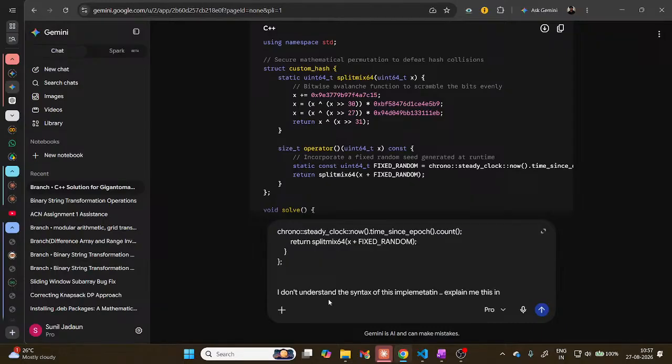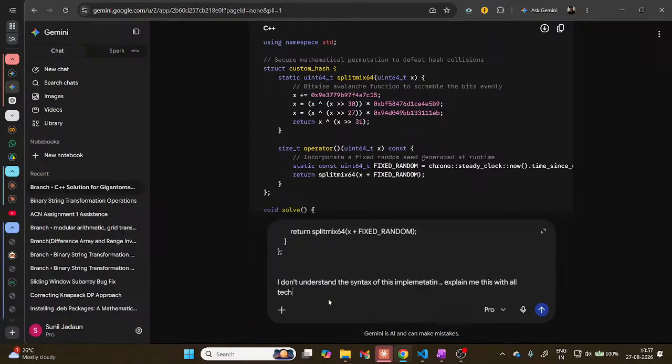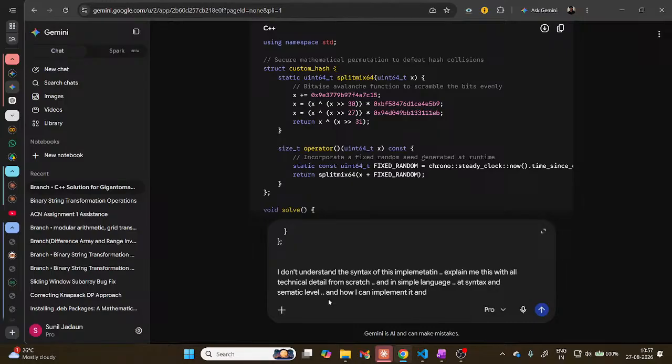Explain this with all technical detail from scratch, in simple language, at syntax and semantic level, and how I can implement it, and what the component names are and why we require each component, and